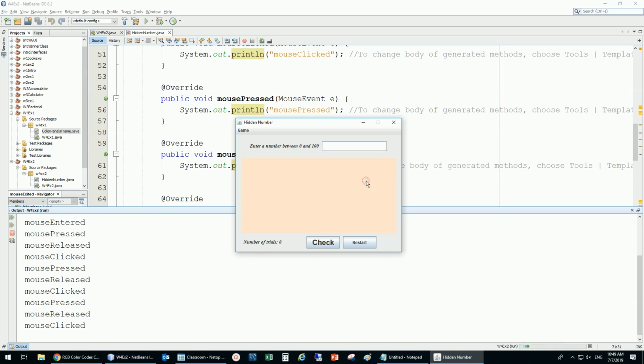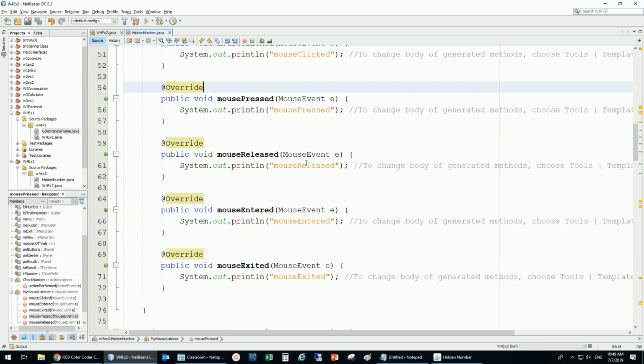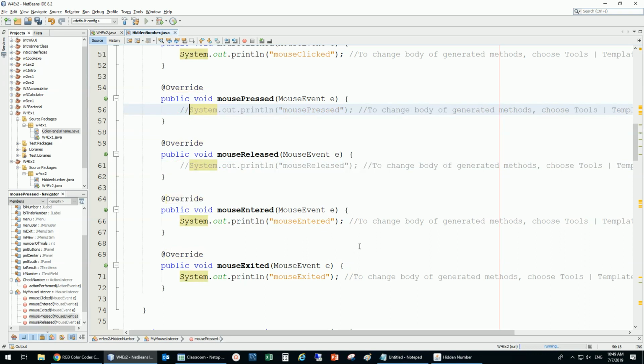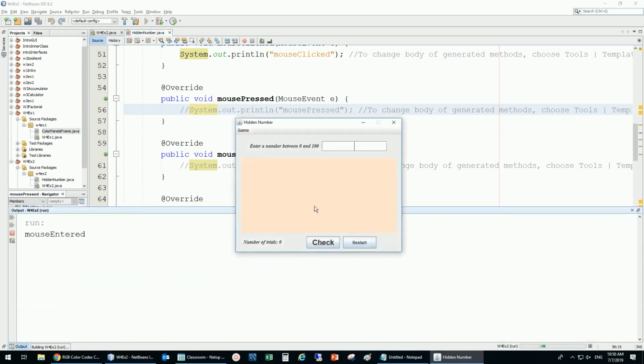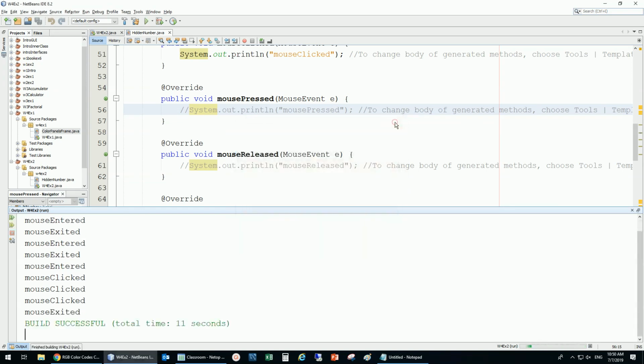If I'd like to just manage the click, then for pressed and released, I'm not going to check them. If I'm interested in only one of them, for example, I'm not interested in release and pressed, I'm just not going to implement them. I just leave them empty. So mouse pressed or mouse released, I don't care about them. What I'm interested in is just whether it's clicked or not. So now I'm inside, I'm outside, I can see entered and exited, but if I click, I'm only going to see click, and the others are not going to be available. So I can do some things like that